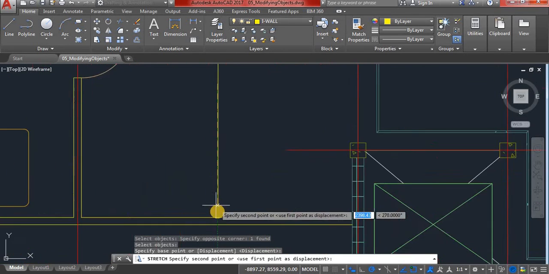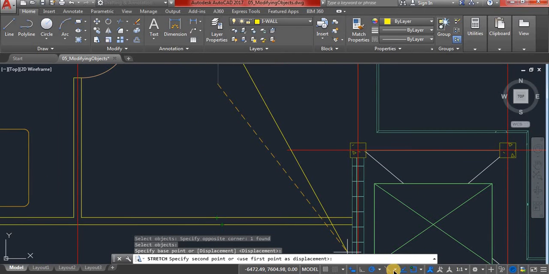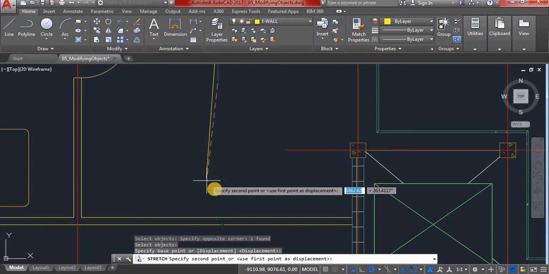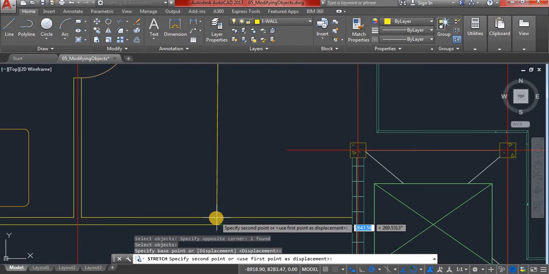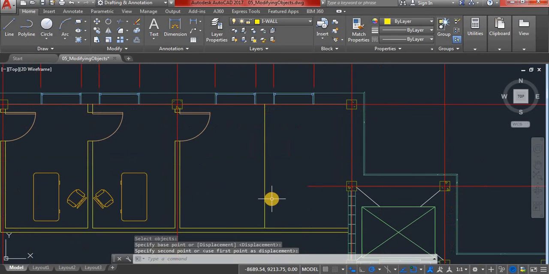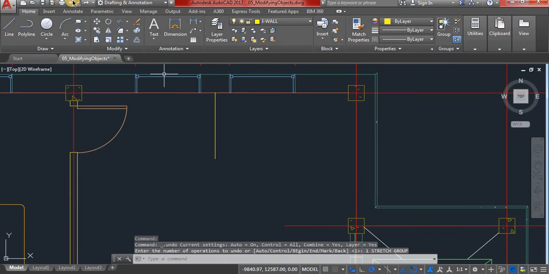Okay, I'll zoom out just to make sure, and make sure your polar tracking is on, so you can make sure it's parallel to these walls and it's perpendicular. So there it is. I'll click, and that's all. And of course you can complete that wall as we did previously with this. So yeah, that's stretch. Let's go undo that